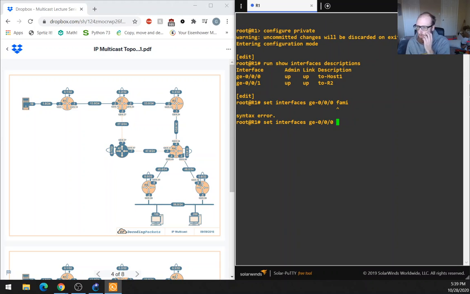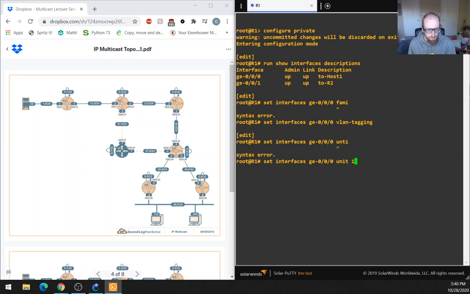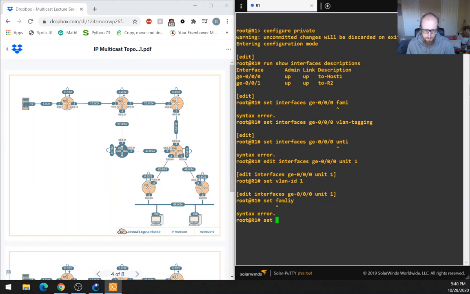Okay, and now he's going with dot 1 and dot 12. So let's do that. So we're going to set VLAN tagging, and then we're going to set unit 1. Or we're going to go to edit unit 1. Set VLAN ID 1. Okay, family inet address